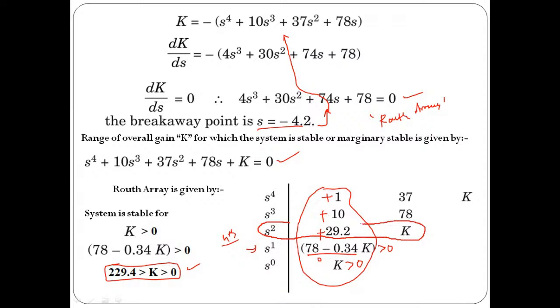So this is going to be the auxiliary equation for this particular case. I can write the auxiliary equation as 29.2 s squared plus k, and this is going to be 0 if you put k equals 229.4. That is important. So if you apply that logic, we can find out the value of s corresponding to the marginal stability of the system. That means at these particular values of s,